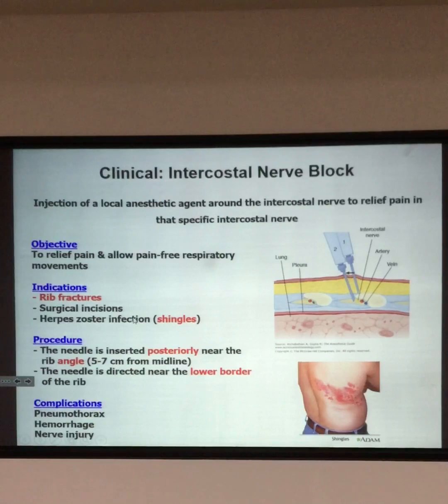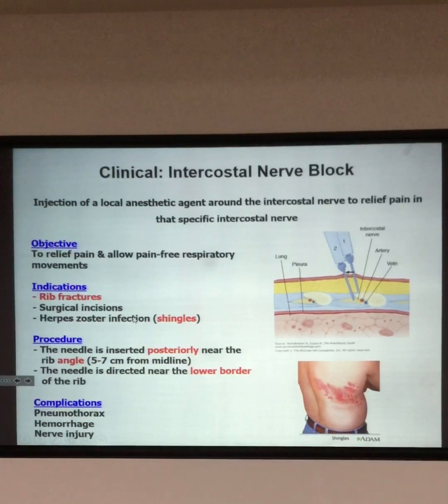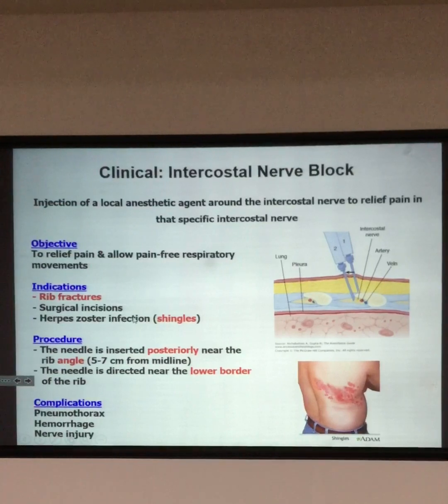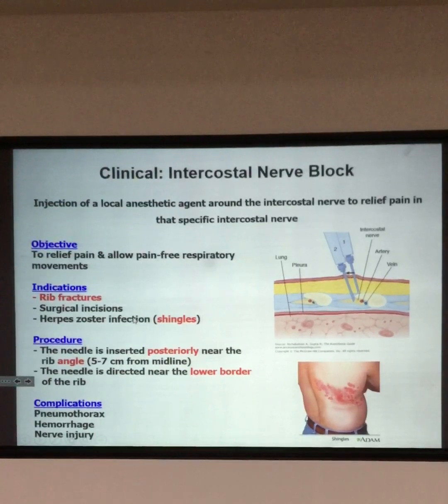الثالث السيرجيكال انسجن. اذا بدي اعمل سيرجيكال انسجن وبدي اعطي لوكال انستيجيا، اوكي، بس عادة في السيرجيكال انسجن نعطي اللوكال انستيجيا just around the area. فالمينلي ريب فراكتشر وشينجلز، تمام. البروسيجر كيف بتعطيه؟ بتعطي النيدل انتيريور لاترال ولا بوستيريور؟ وين؟